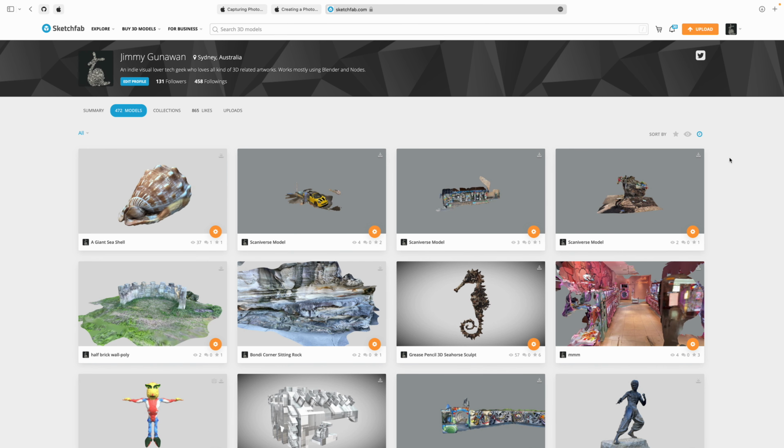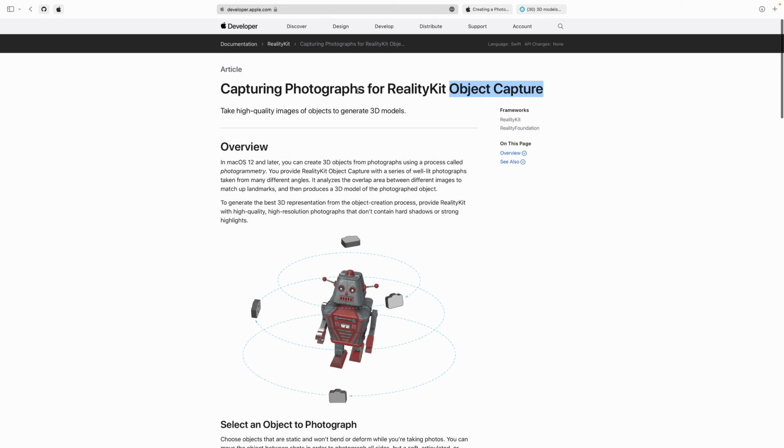In this episode, I'd like to talk casually about 3D scanning using Lidar, or actually, in this case, I want to focus on the photogrammetry kind of 3D scanning. So this is quite recent, introduced at Apple WWDC 2021, capturing photographs for RealityKit Object Capture. So Object Capture is an API. It's not yet an app, but you can use this API to